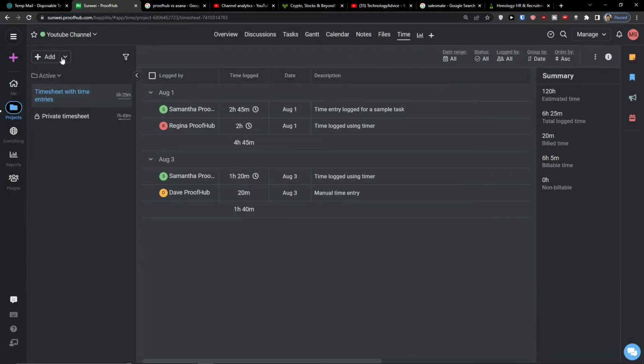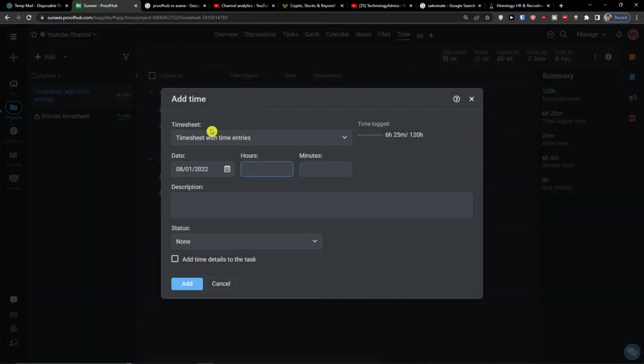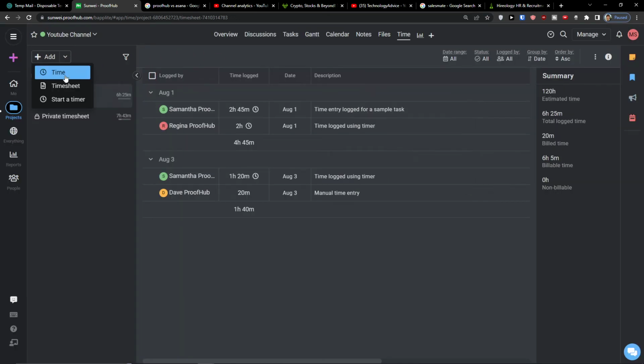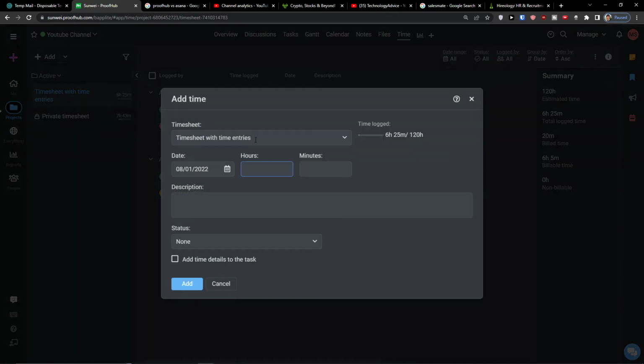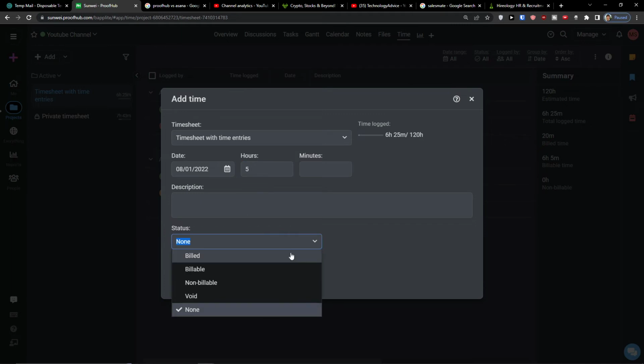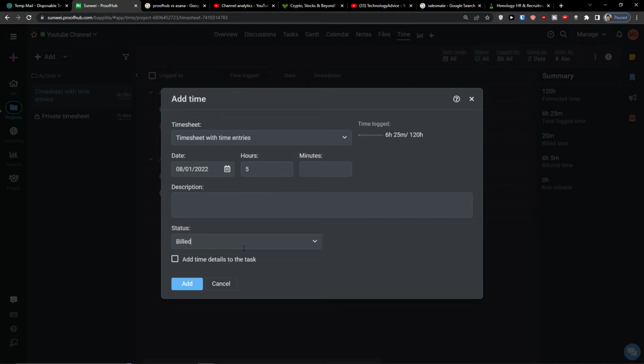So I can simply click here, add, or I can go with the arrow, time, timesheet, start a timer. So these are the 3 things that you can do. So I can simply add a time. Timesheet with time entries. So let's say this is going to be a date today, 5, description, status, if it's billable, non-billable, void, none. So let's say this is going to be billable, and I can add also the time details to the task,